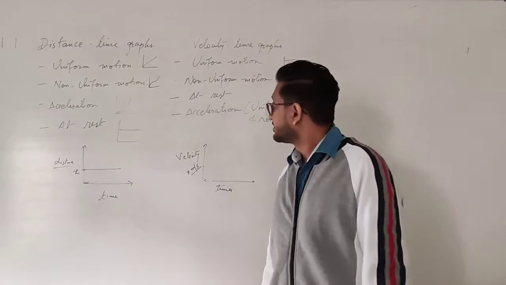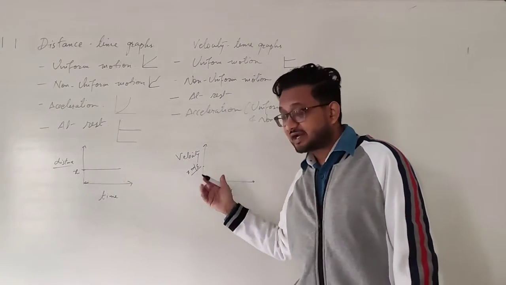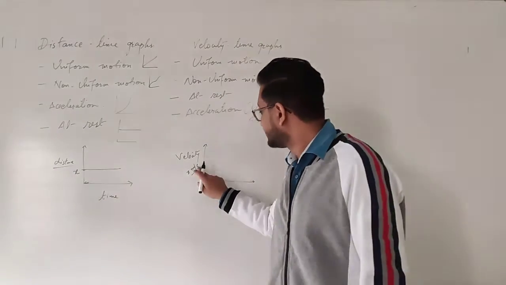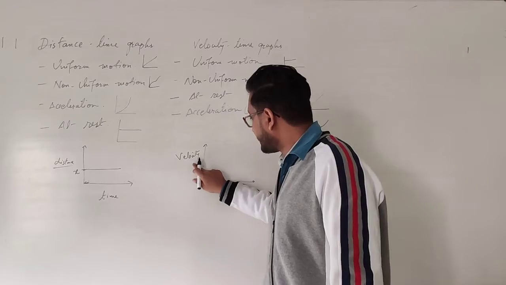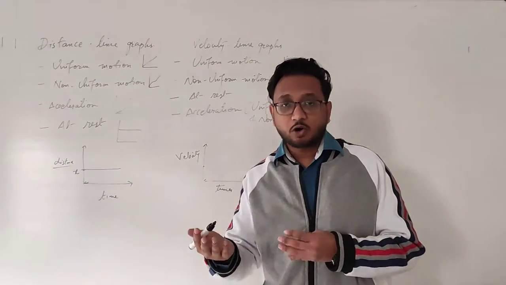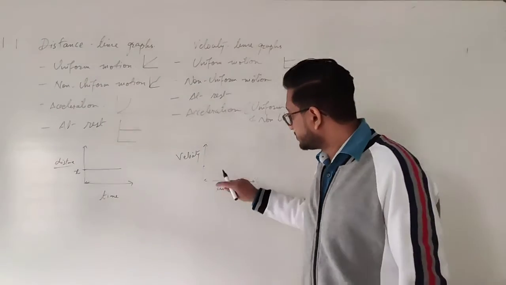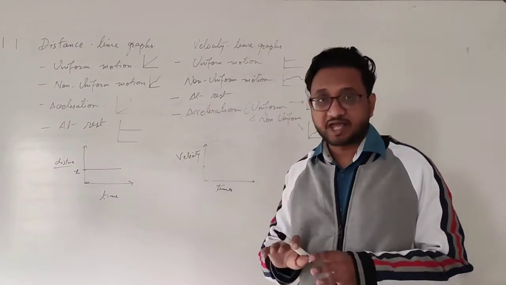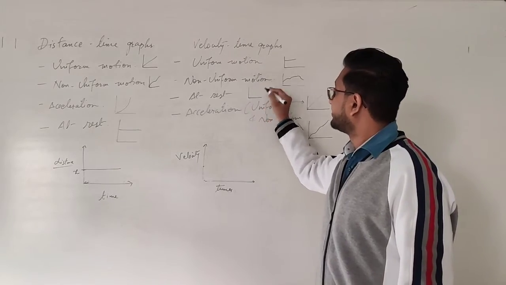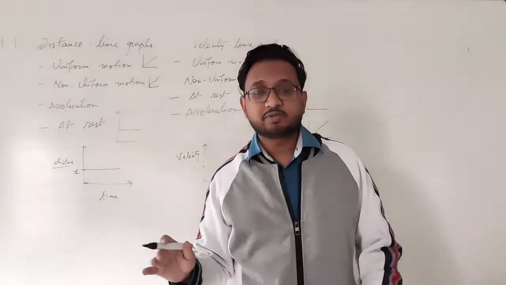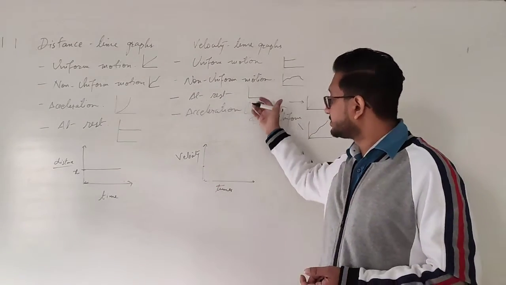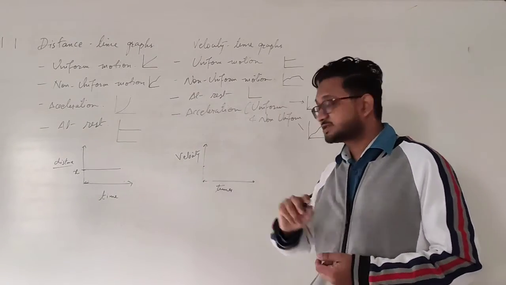Okay, and if the object is at rest, then there is no velocity. The object has zero velocity, and as the time increases, there is no increase or decrease in the velocity, and so the graph will remain blank. For a velocity-time graph, the graph will remain blank. There will be no line because there is no velocity. It is zero, and you cannot plot zero. It will be over here, 0 meters per second.